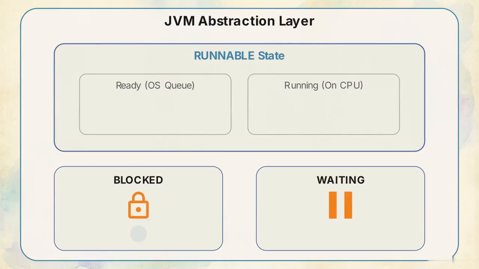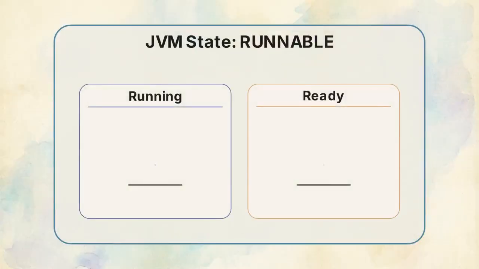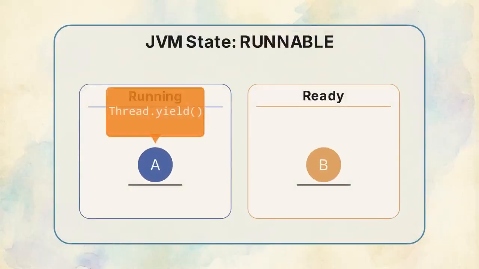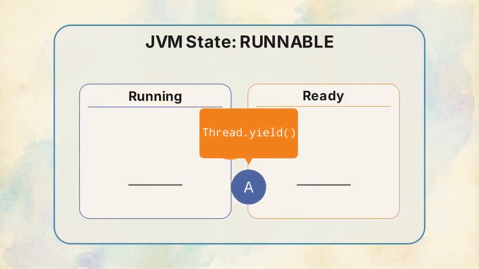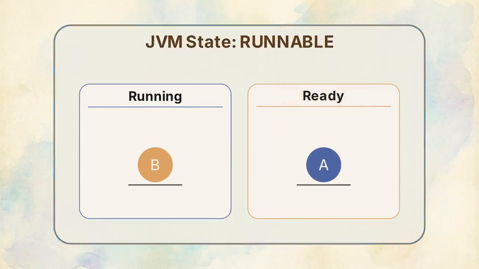A thread leaves this state when it is blocked by a monitor lock or waiting for an explicit signal. Timed waiting operates similarly, but it will automatically resolve after a set duration, which is typically triggered by invoking Thread.sleep. Developers can optimize scheduling using Thread.yield. This command voluntarily moves a thread from running back to ready, allowing it to yield CPU time without ever leaving